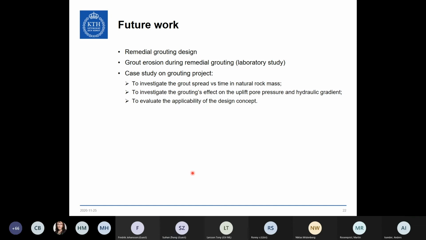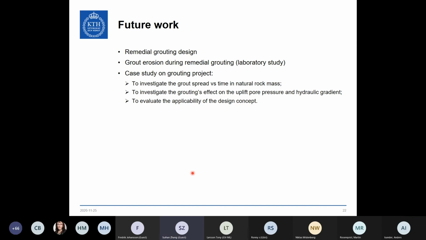The research on remedial grouting design will be possible future work, and the grout erosion during remedial grouting under the strong flow beneath the dam will be studied in the laboratory, and of course a case study on a real grouting project under a dam,